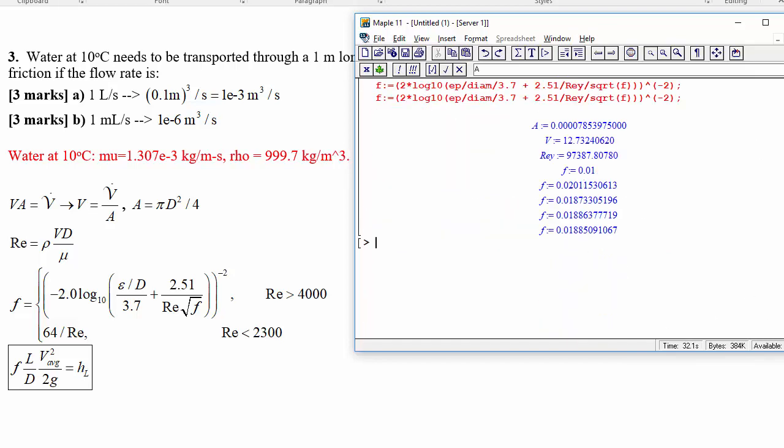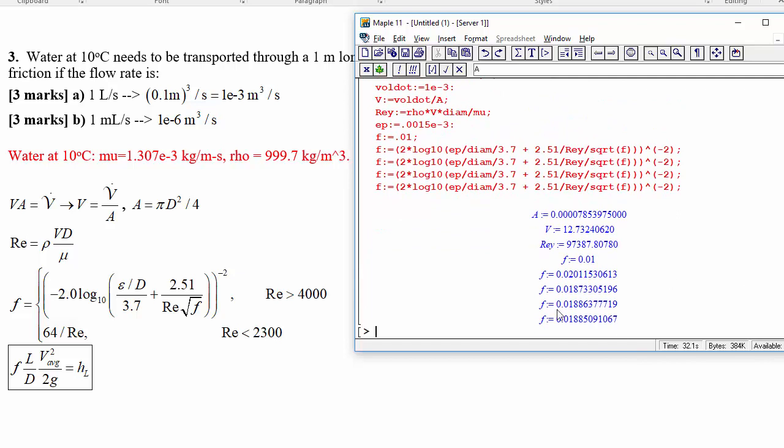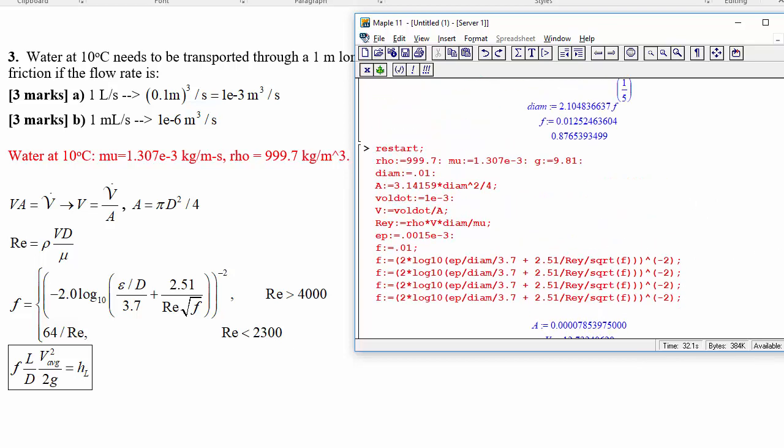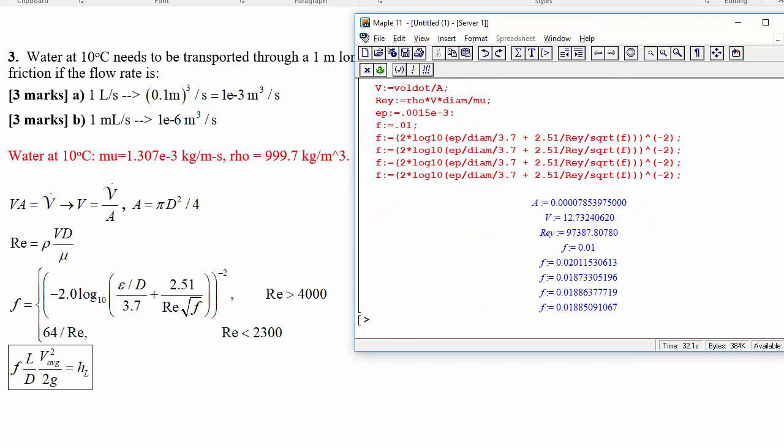It seems like it's converged. On your calculator, you would just press the answer key a bunch of times in order to get that to work. So basically, not the answer key, the equals key. You type in the equation, you first evaluate something like this, and now that that's stored in the answer, you type in this equation so that it calculates it in terms of what the current answer is. Then you hit equals several times and it's going to recalculate. Quick way to do iteration on the calculator. All right, so that's the friction factor using Colebrook, and from that we can then calculate the head loss,